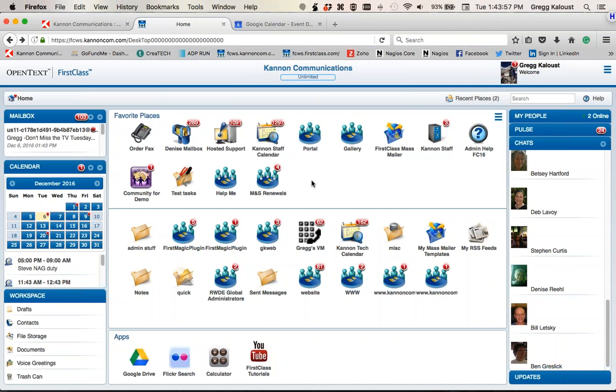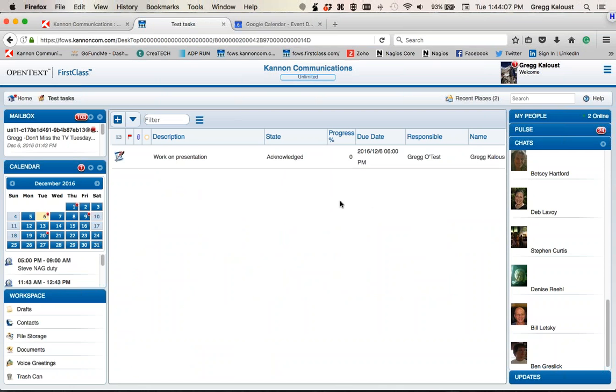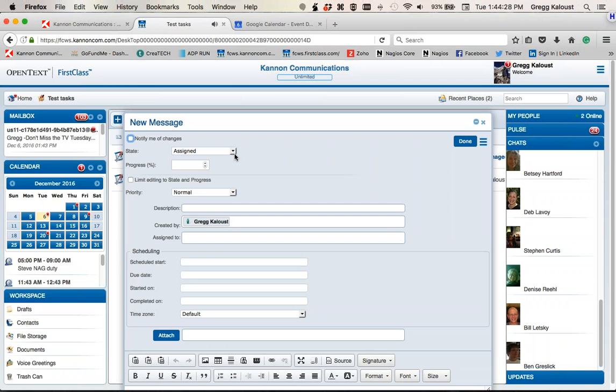The last thing that I want to go out of my way to show you here, and there are several other newish things that I'll talk about, but the last thing that I want to just give you a quick look at in our last 15 minutes here is, in addition to being able to assign tasks in a calendar, 16.1 includes a new container type through FCWS. There's a new container type here, which is a task container that allows me to create an item, assign it to somebody,